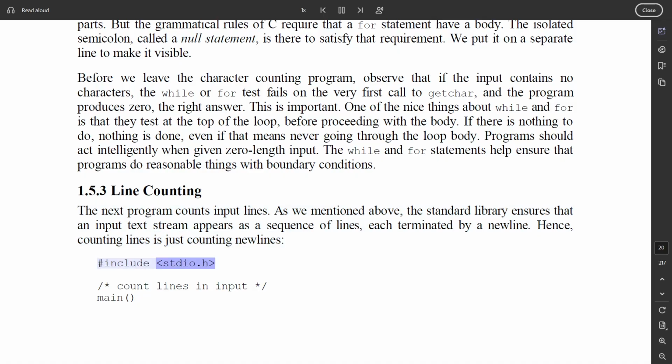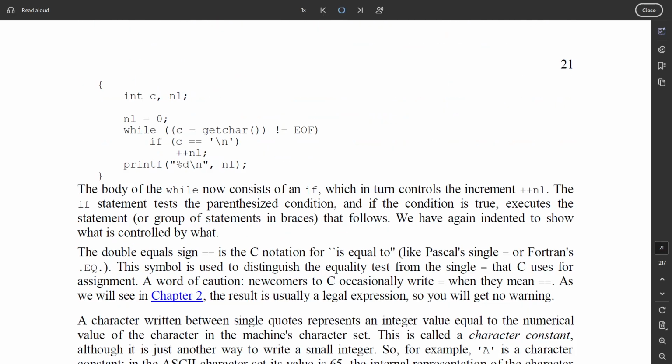#include <stdio.h> /* count lines in input */ main() { int c, nl; nl = 0; while ((c = getchar()) != EOF) if (c == '\n') ++nl; printf("%d\n", nl); }